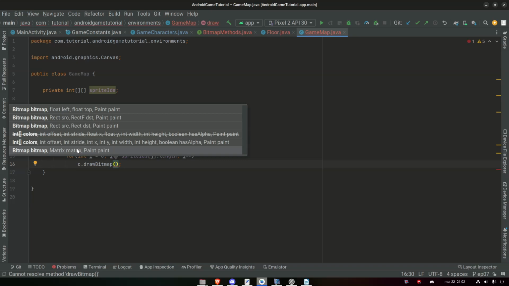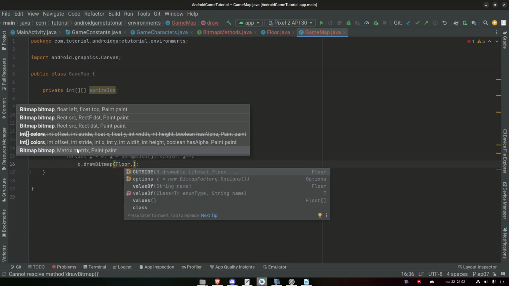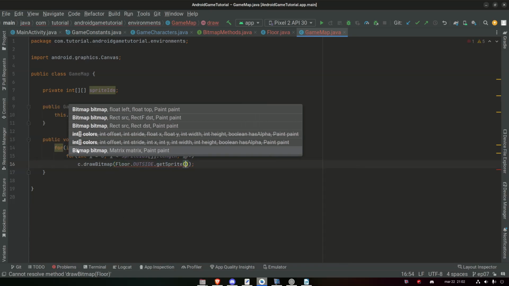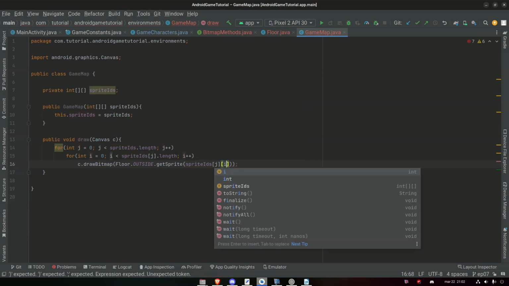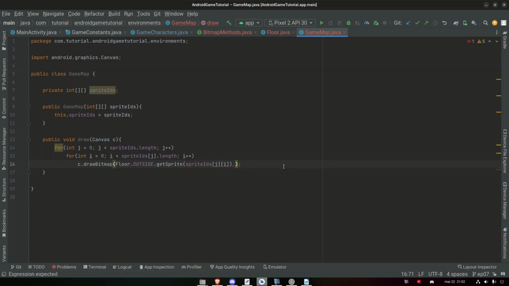Now we need to get a sprite that corresponds with that ID, and that we get from Floor.OUTSIDE.getSprite(spriteIDs[j][i]). And then of course the x and y position, which is going to be i for x times,